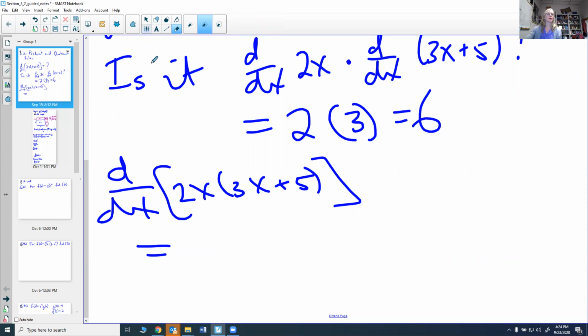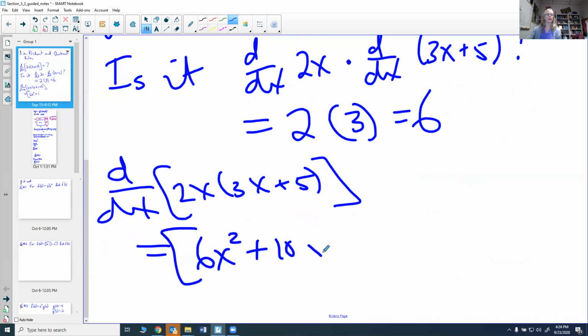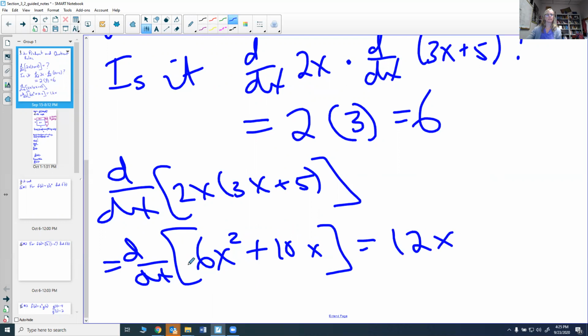So multiplied out, 2x times 3x is, of course, 6x squared. 2x times 5 is, of course, 10x. So now when I go to do the derivative, since we haven't done the derivative, I shouldn't have lost my derivative symbol. So now the derivative of 6x squared is 12x. Remember, bring the power down, multiply the constants, subtract 1 from the power, and then the derivative of 10x is just 10. Oh,